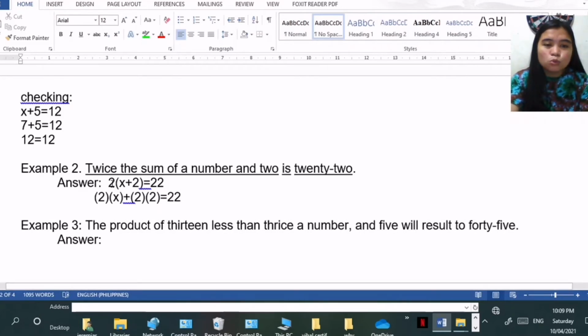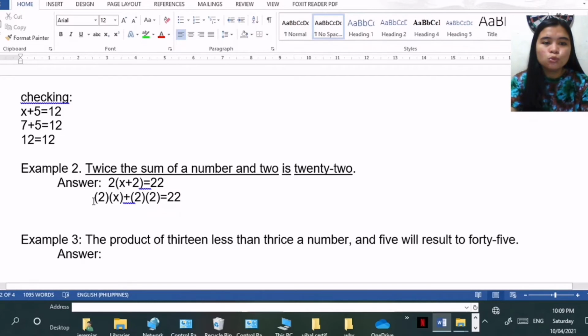Kasi nga, itong 2, dapat iti-times mo sa x at sa 2. Kaya nangyari, 2 times x, then copy plus, and then 2 times 2. Kasi nga, i-distribute mo siya pareho dito sa dalawa. Sa x at saka sa 2. Or sa number at saka sa 2. Okay po? Ayan. So, we have here